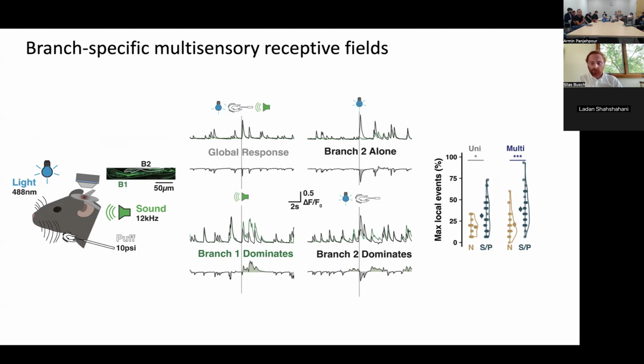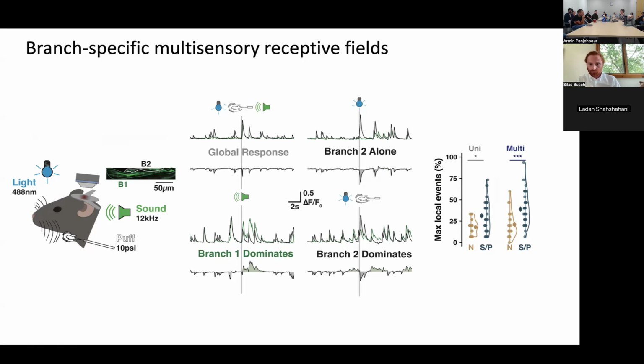So like in the previous experiments, we saw more local events in split and poly cells. Here I've combined them into a single population. And interestingly, uni here refers to just unimodal input, so like just a light or just a tone. Multi is combinations of them, and you actually see slightly more distinction between the two dendrites when you're working with multisensory stimuli, which is a little surprising to us,